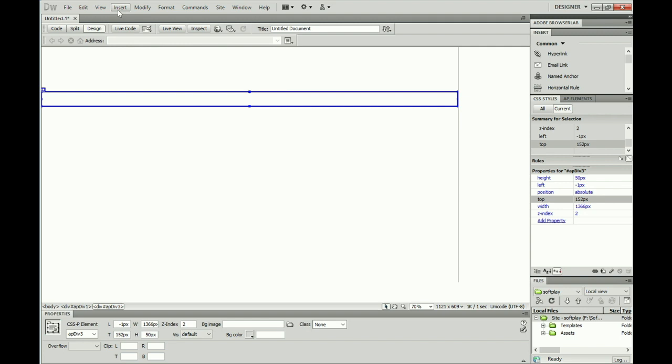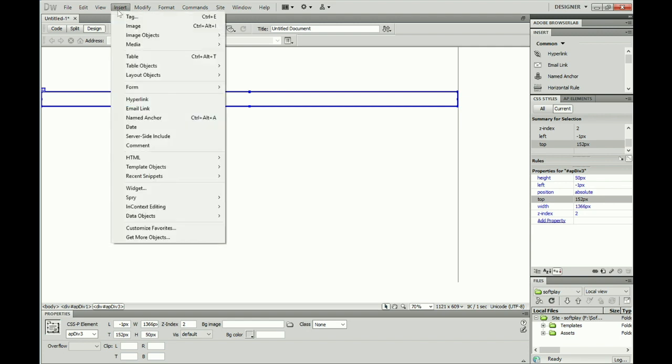And at the bottom there, we are going to have to create an editable region, so I might as well actually put that in now, because again I've got the top banner at 150, I've got my navigation bar at 50, so I've used 200 of my 800 pixel height, so I know that I've got 600 left. So in fact I can do this now. I can put my AP div in,